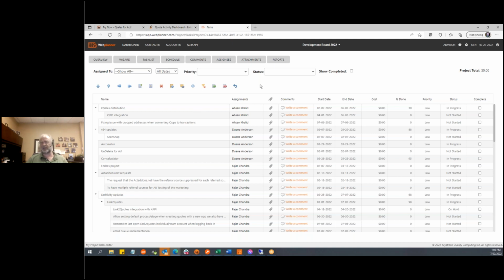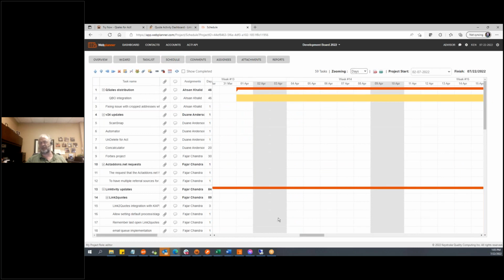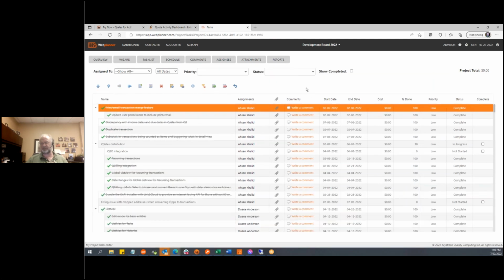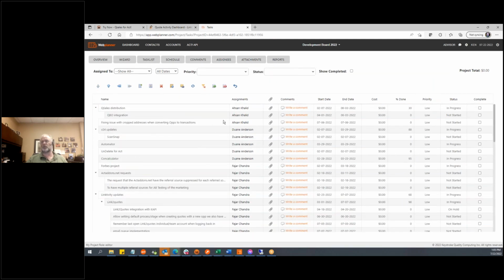And the task list, not unlike quick tasks, it's really focused around the task list. I mean, certainly as a project management tool, you can go to schedule and manage it from a Gantt chart perspective. Okay, but projects are built around tasks. So when I'm looking at this, let's take a look at what's in front of us. We can see here anything that is on the route here,